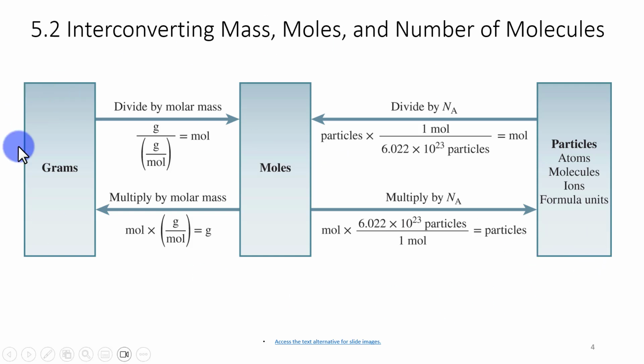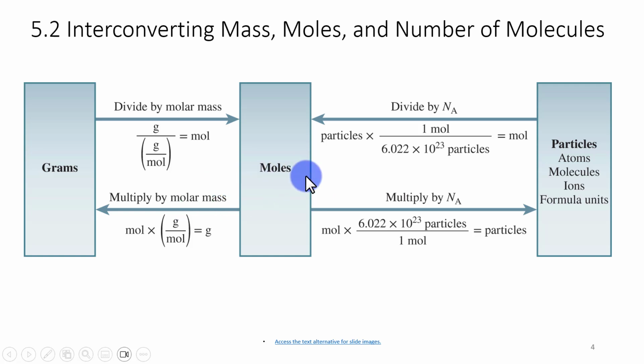Here is our trusty conversion flow chart. Once again, we've got grams, moles, and particles: atoms, molecules, or ions, or formula units. Note that nothing here has changed. This is very similar. We're just adding molecules, ions, and formula units. The first flow chart in the previous video only had atoms, but the particles now include molecules, ions, and formula units, so we're expanding a little bit. They work the same way because I will have moles of whatever,